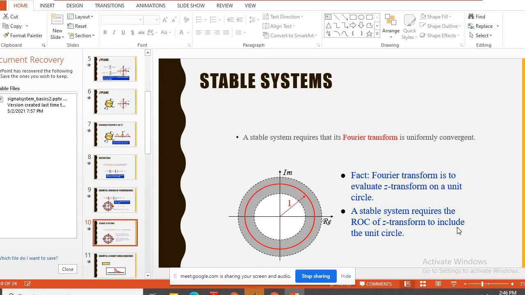As I mentioned, stability is the issue here. A stable system requires that its Fourier transform is uniformly convergent. The fact is that the Fourier transform is the Z transform evaluated on the unit circle. So a stable system requires the ROC of the Z transform to include the unit circle. So whatever I told you: in this part, the radius is 1 and this is your unit circle, and your region of convergence must include this